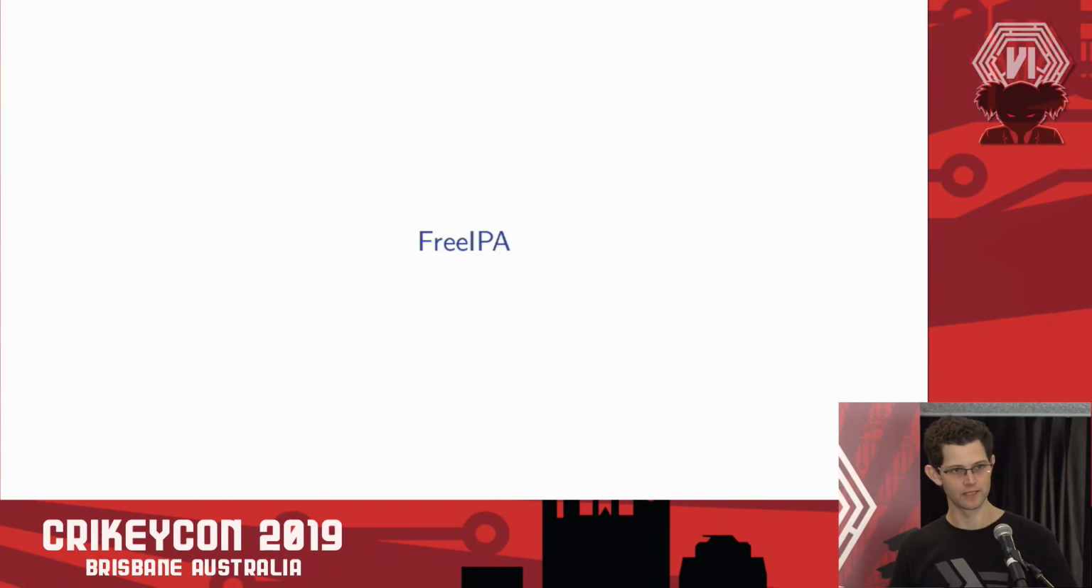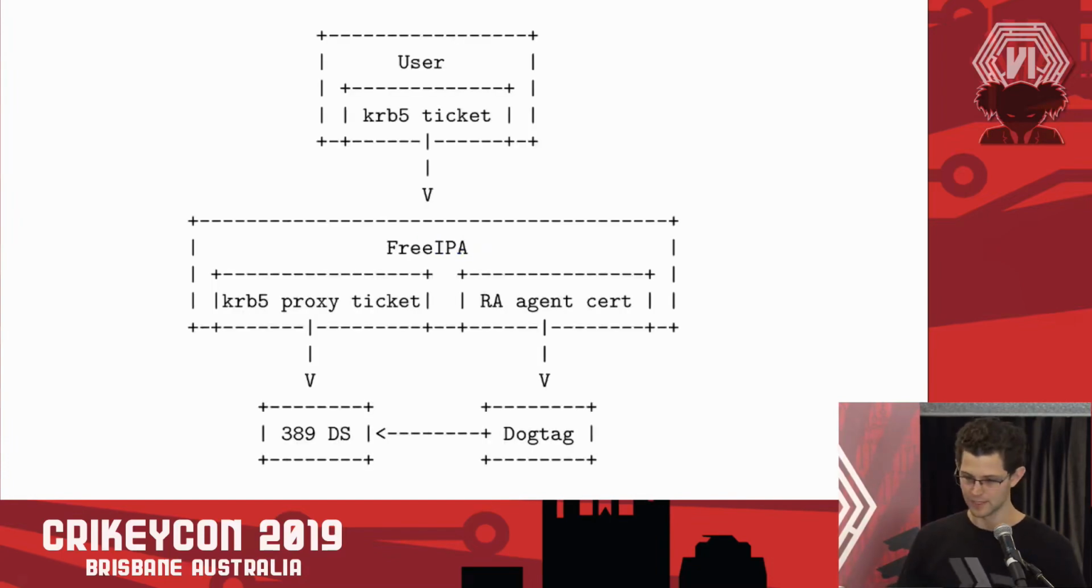The second one, FreeIPA, the other main program I work on, an identity management system. It does LDAP, Kerberos, host-based access control, certificate authority, which happens to use dogtag under the hood. When you're performing operations against the CA, the block diagram looks something like this. The user talks to FreeIPA with a Kerberos ticket to authenticate the user. FreeIPA, when it talks to the LDAP database, acquires a proxy ticket to operate with the same credentials as the user, so operating directly on behalf of the user. But when FreeIPA talks